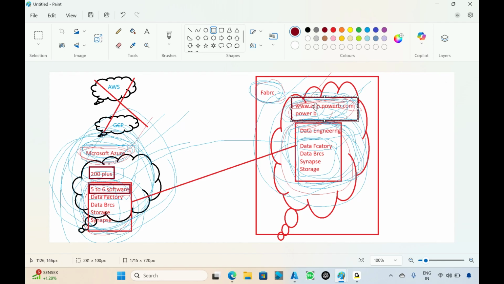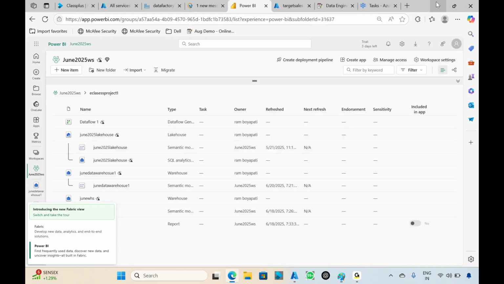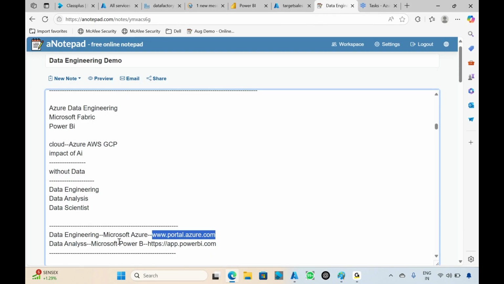So many clients requested Microsoft: instead of two different cloud environments, www.portal.azure.com for data engineering and app.powerbi.com for data analysis,